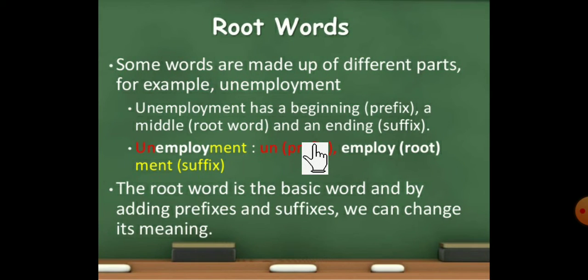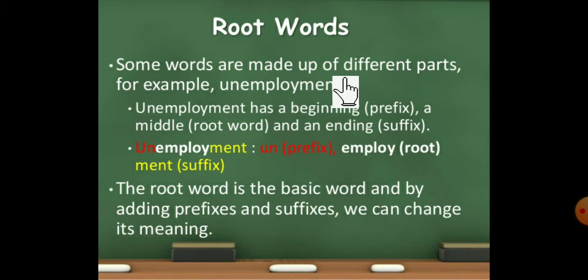First, we have to see what is a root word. You have to be clear about that. What is a root word? A root word is a base word without a prefix or suffix. If we add a prefix, its meaning will change. If we add a suffix, the meaning also will change. So without adding a prefix or suffix, that word is called a root word. Now let's see the definition.